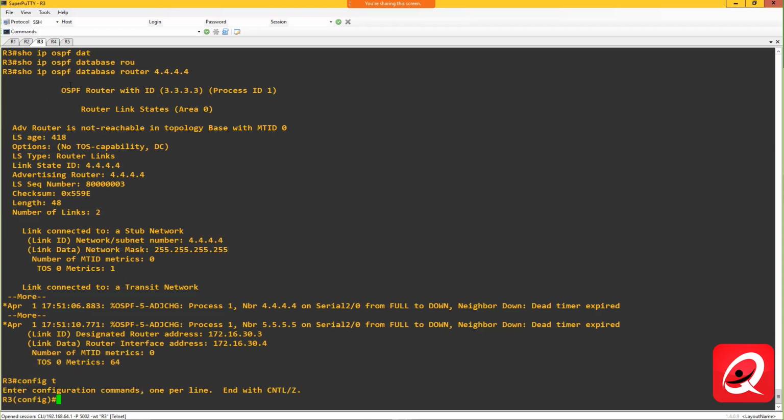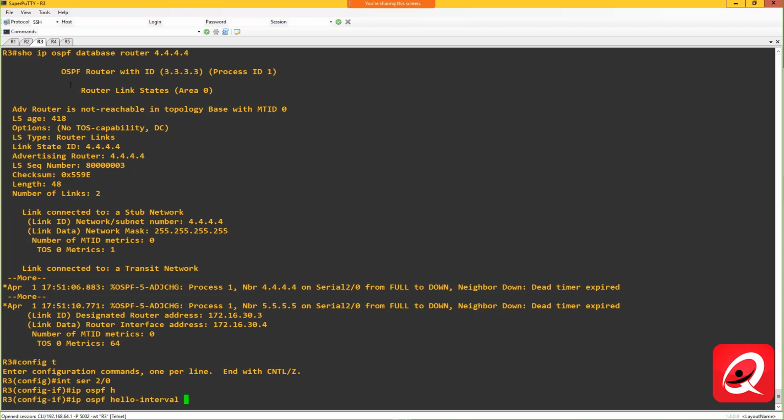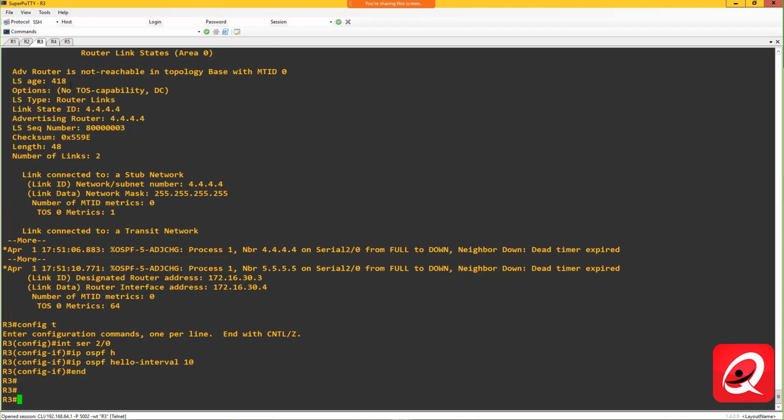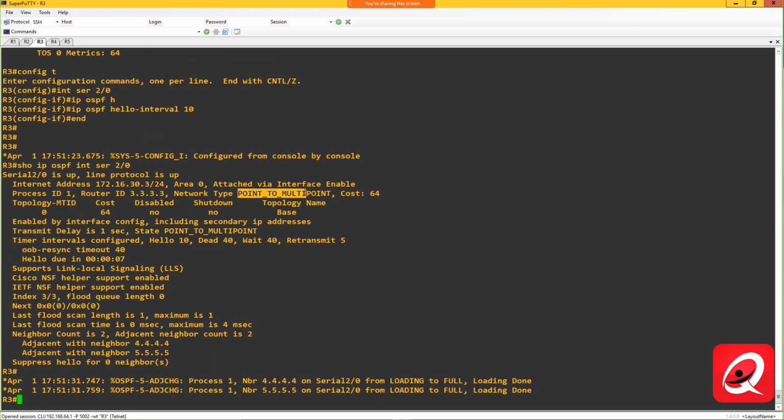So I could, in this case, go to router 3, for example, and simply change the timer. Interface serial 2/0, IP OSPF hello interval, and I'm going to change that to 10 seconds. Automatically, it's going to change the dead timer to 40 seconds, and we should see our adjacencies come up. Let me do show IP OSPF interface serial 2/0. It is still point to multipoint, but now we have a 10 and 40, and sure enough,